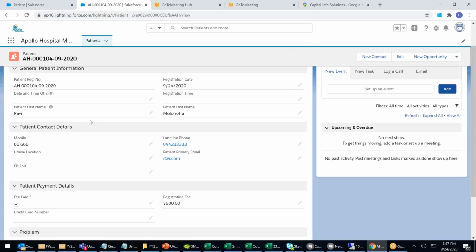Similarly, if it's a personal loan, then you will not drag the gold loan fields. You will drag only the personal loan fields. If it's, let's say, a housing loan, then you will drag and drop the housing loan fields. But the problem is that,